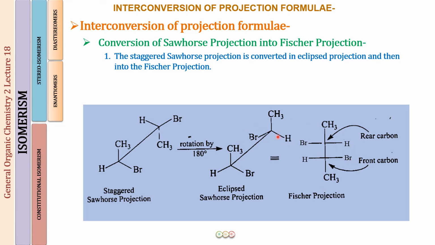So that is just going to be in the same way as you see over here. So this is the vertical line. You see on your left a bromine and on your right a hydrogen. So a bromine on the left, a hydrogen on the right, a hydrogen on the left and a bromine on the right. So a hydrogen and a bromine. So I think this is also again going to be as simple as anything now.